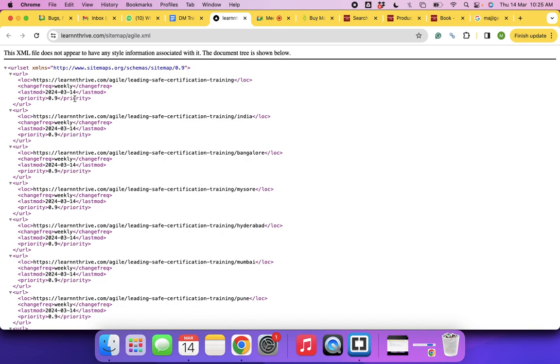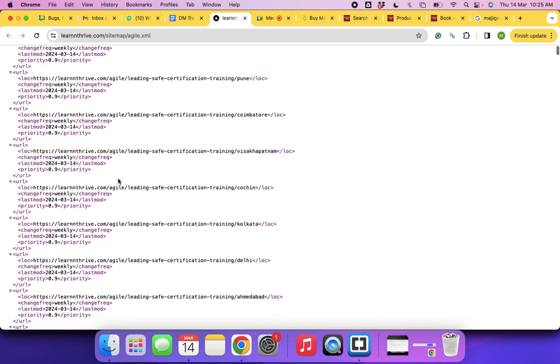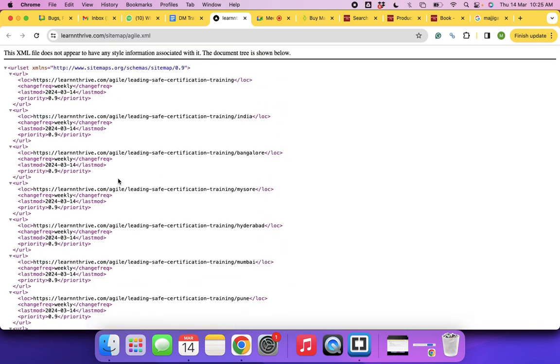So for me, 100 pages are very high priority. They are driving lots of business to me and are very important, and I'll assign priority of 1.0 to all those 100 pages, and for the rest of the 900 pages I will give different priorities, right?